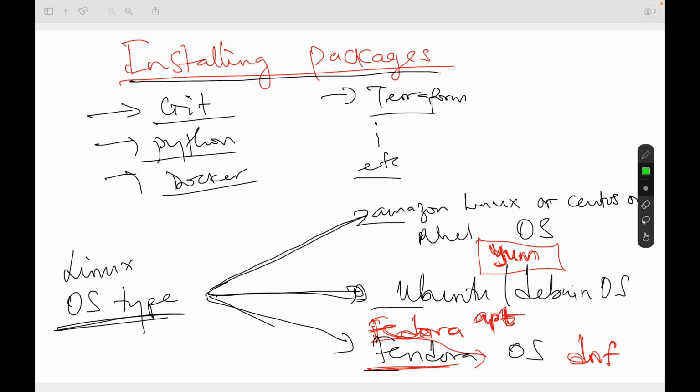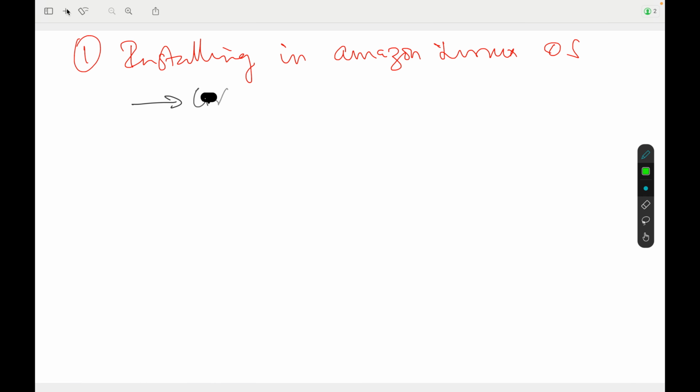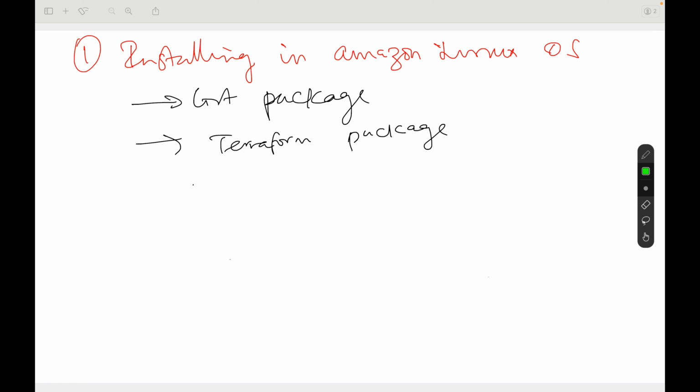So let's go ahead to see how to download these packages, installing in Amazon Linux OS. So we are going to install the Git package, the Terraform package. To install a package on Amazon Linux, we make use of the yum